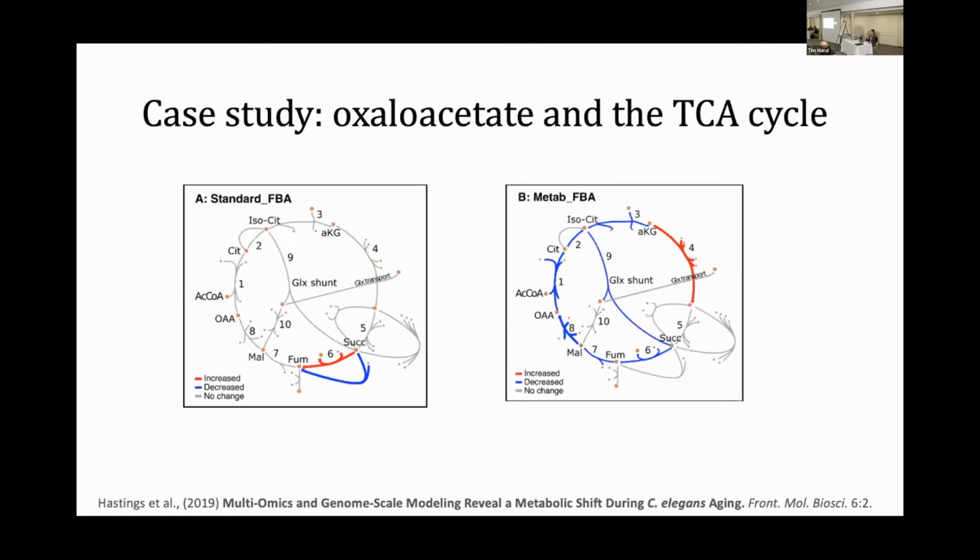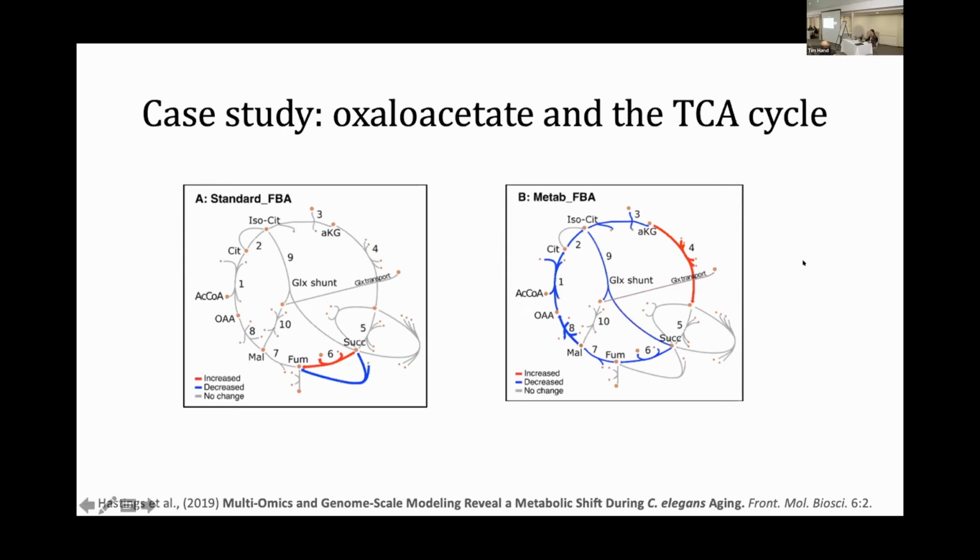then because the transcriptome is hardly changing later in the life of the C. elegans, you don't see much changing also in terms of the reactions. Because you use a not so changing transcript to control your reaction fluxes. But as soon as you add the metabolism, you see aging having dramatic changes on what's going on as soon as you add the metabolomics layer.